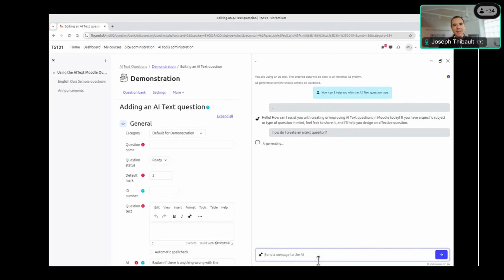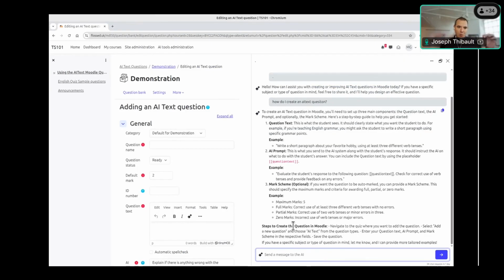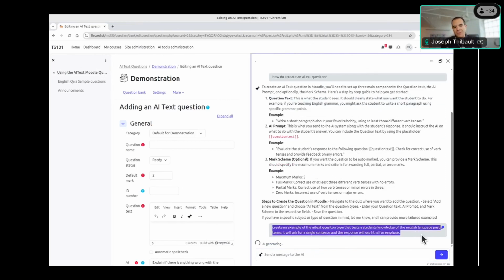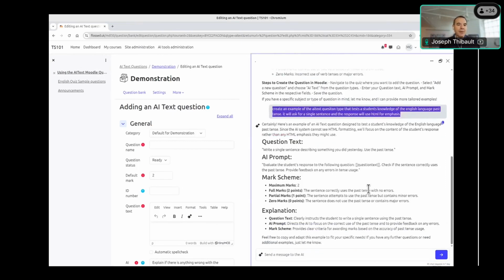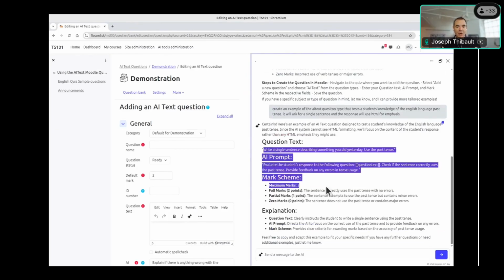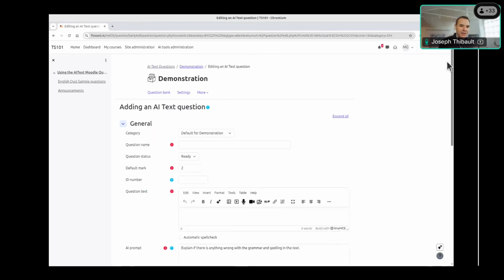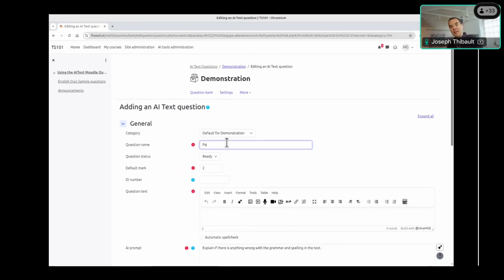And so it's like when we think of setting up an essay question in Moodle or in any other LMS, you really just have one line. But research shows that when we're sending information to a LLM, you need a lot more context in order to receive and solicit the right type of feedback and specificity in the marking. So Marcus has done a really great initial integration and kind of proof of concept of how you can help a teacher to create those things without having to take a full course on prompt engineering